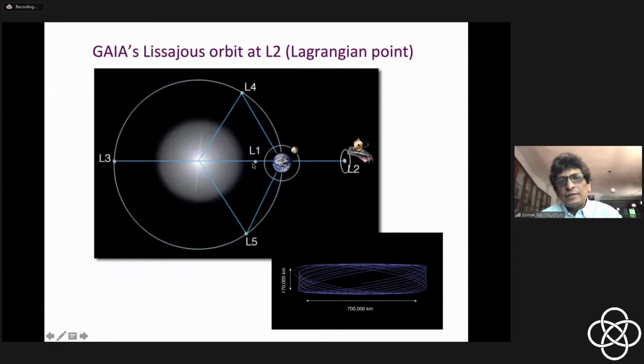It will observe the sun 24 hours. This Gaia is in L2, and it has an orbit which is like this. It's a Lissajous figure orbit, and it's a repeated orbit, but it's very well measured, and so you can see what the